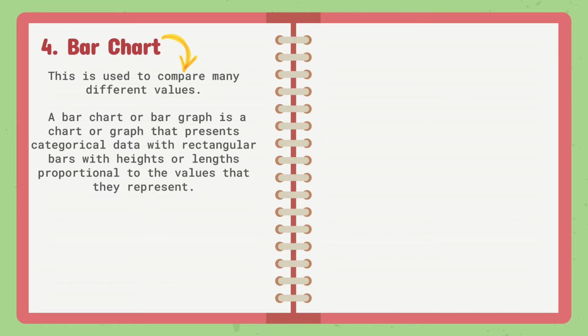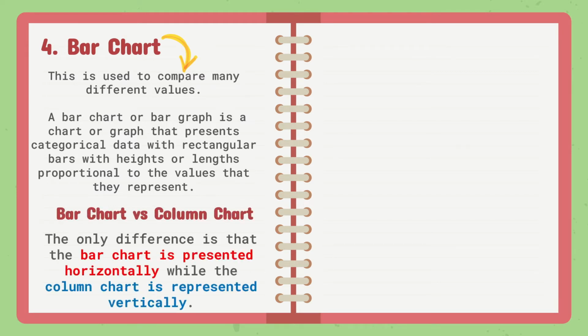Actually, if you are going to look at bar graph and column chart, they are the same, but the only difference is the bar chart is presented horizontally while the column chart is represented vertically. So here,